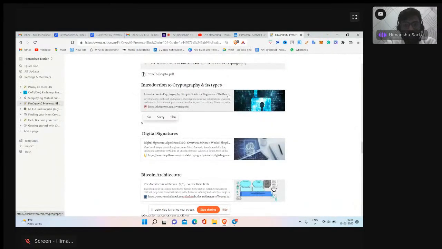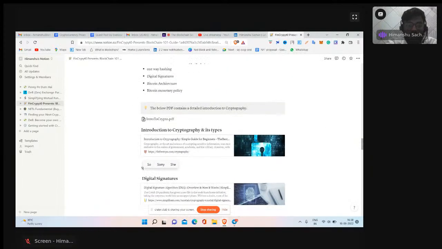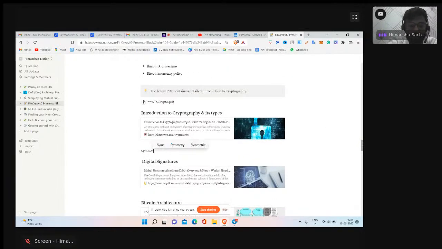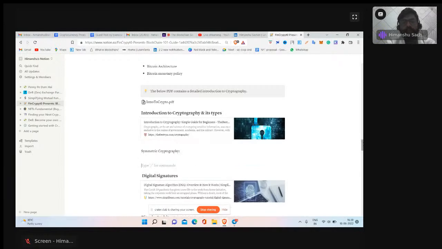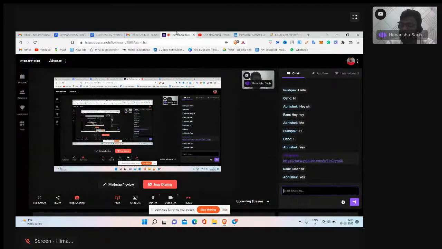Okay, the first thing we are going to talk about is symmetric cryptography. This is the first way of encoding the data. Now what is symmetric cryptography? If I give you an example, let's say